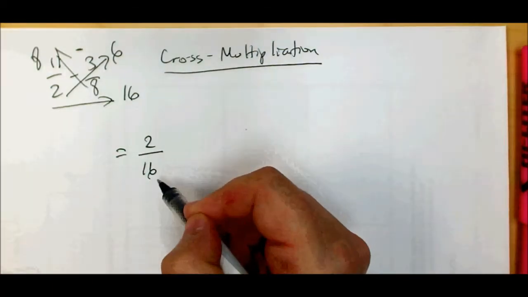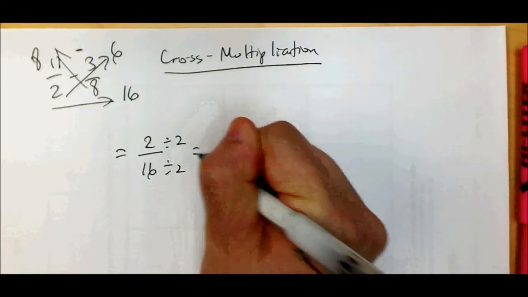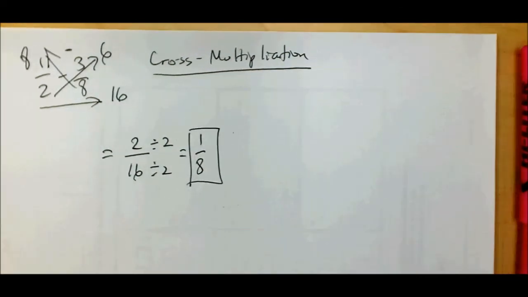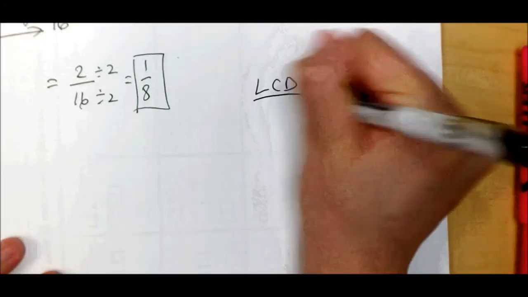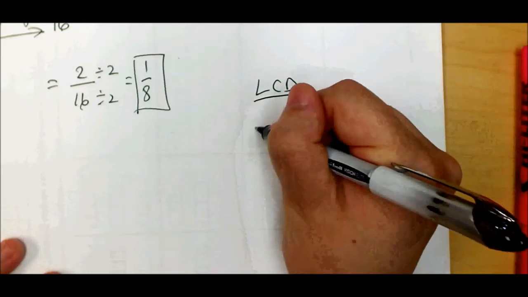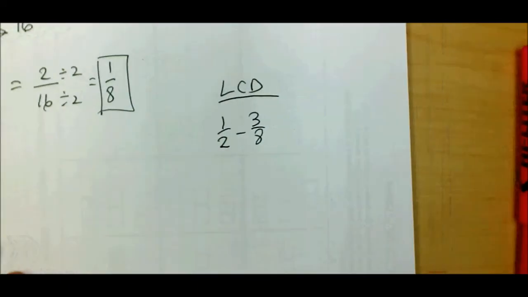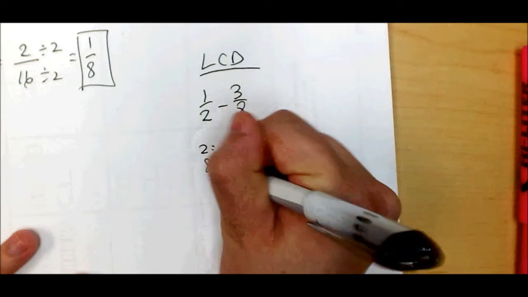And that's my answer, but I need to simplify it. These are both even, so I can divide the top and bottom by 2, and I get 1/8. And that is my final simplified answer. Now, if I use least common denominator, and I have 1/2 minus 3/8, first thing I need to do is find the least common denominator. If I want to do it the multiples way, I just write down 2 and 8, and I find the